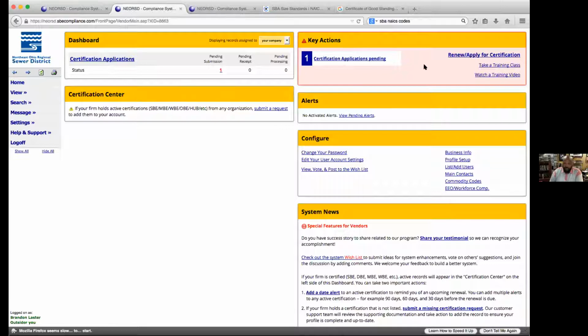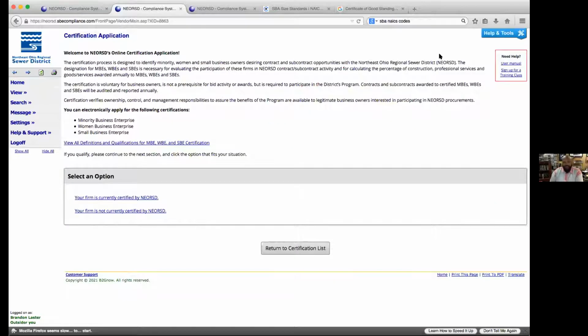And just starting out, it'll just say renew/apply for certification. And that's where we're going to start. So you click there. Well, I already have one started. Well, I'm going to click here anyway, so I can show you the first screen here. So here's the welcome page. And from here, the questions that the software asks are going to determine which application you